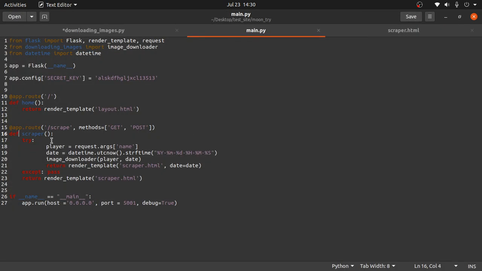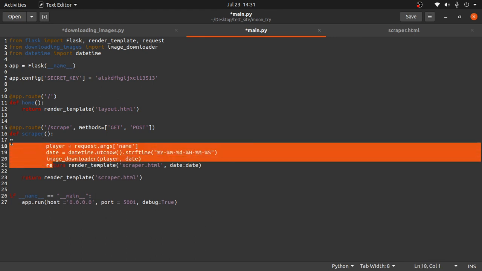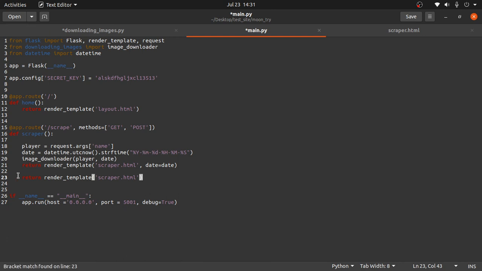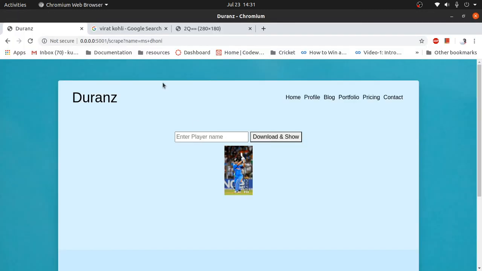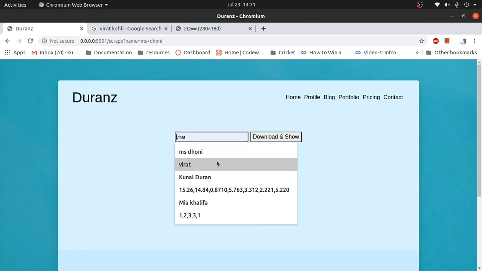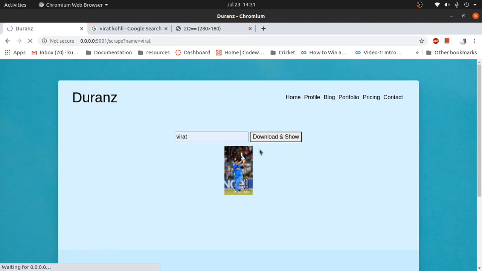Okay, so help me out here. If I remove this try and except clause, the problem I faced was, let me fix the indentation. Okay, so if I have this, it will work fine.